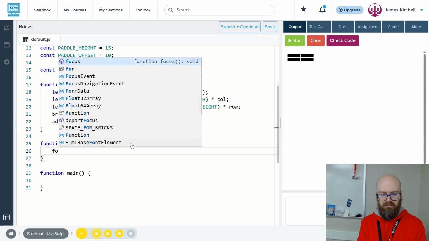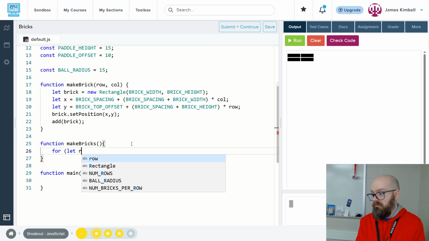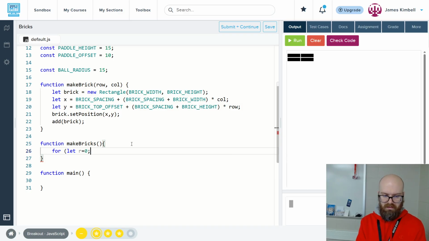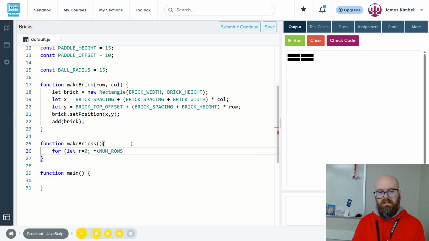And so we'll go, this is our, usually we'll say i, but in this case I'm going to go r for row. And then it's going up to num rows. See, all these constants that they've set for us are really making it easy. We don't have to figure out much except these 2 lines. And then r++. So what this means is it starts at 0 and it goes up to 7 or 8,